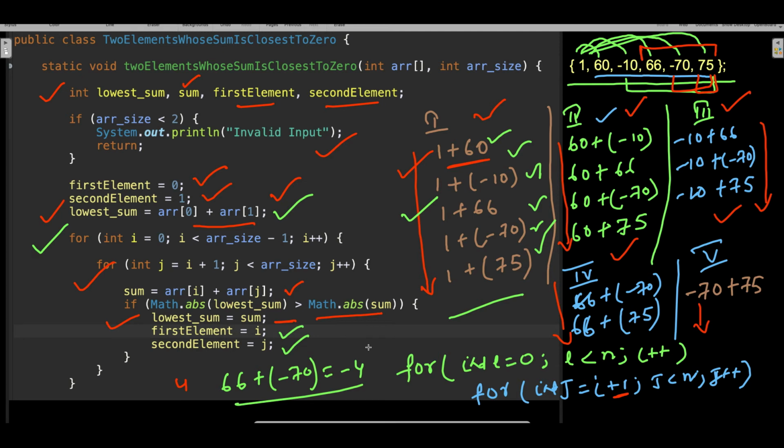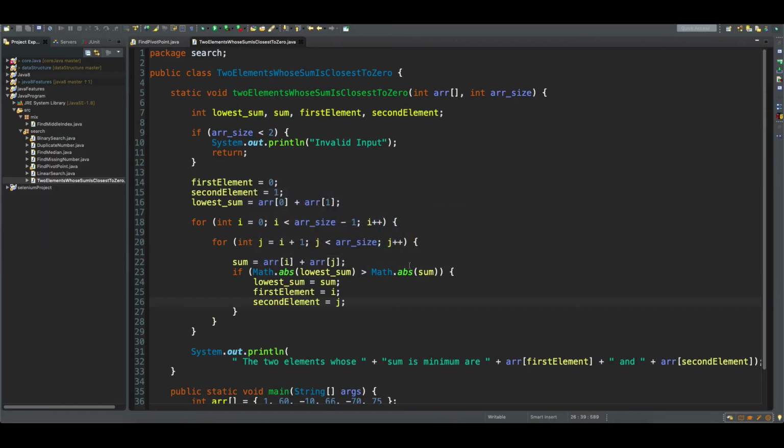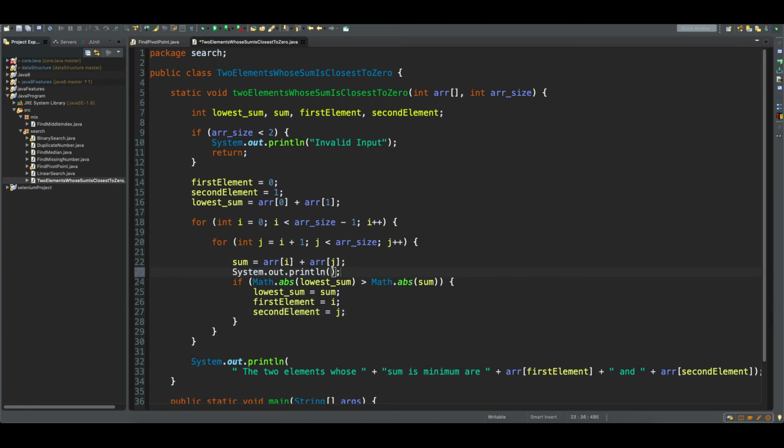Now let me show you in the Eclipse how this works. So the same thing I have written in the Eclipse. Just for our understanding, I will put some print statements here so that you can understand. I am going to print sum, space plus sum, which will print the sum, and then let us print the actual data.